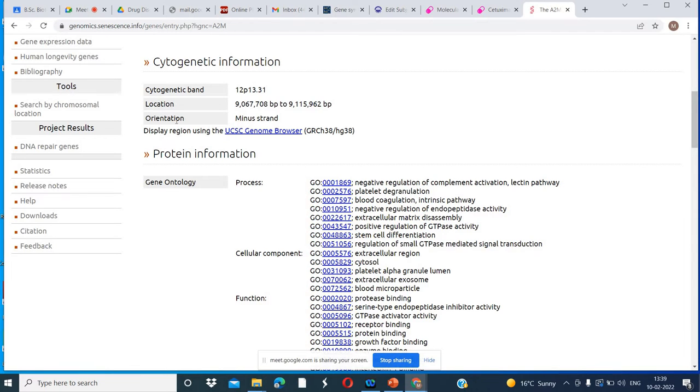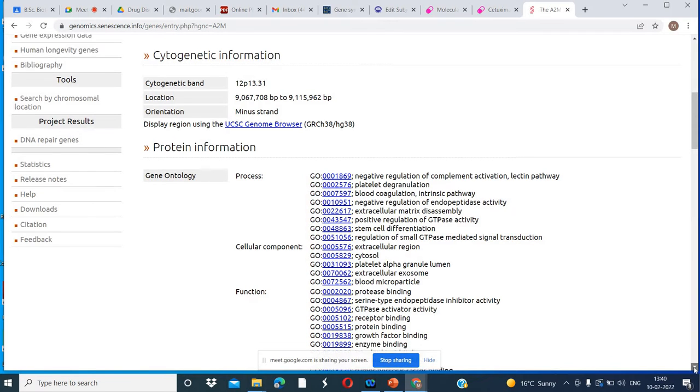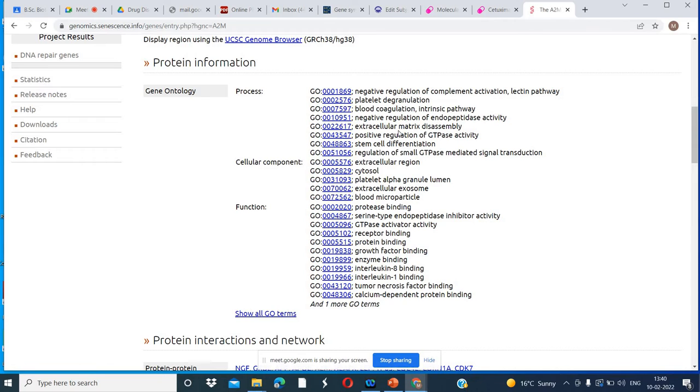Cytogenetic information you can also get, location, orientation, and you also get the information about gene ontology. Here you can see the different processes are given, like the names of the processes in which the alpha 2M gene is involved. What are those biological processes? Negative regulation of complement activation, lectin pathway. So this is one process.